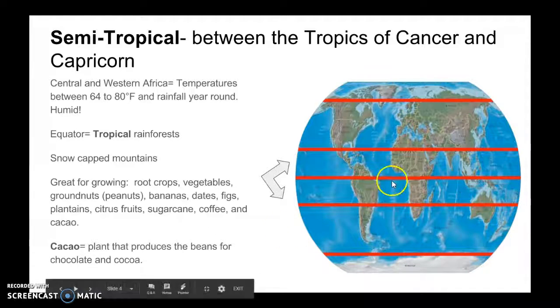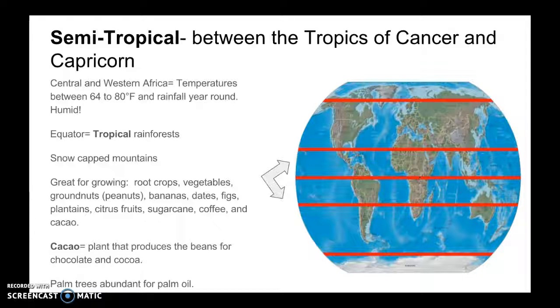Around the equator, you're going to have tropical rainforests. The higher up in elevation you go, you're going to have snow-capped mountains, which will make it harder for vegetation to grow. In this area here, it's great for growing root crops like yams and cassava,